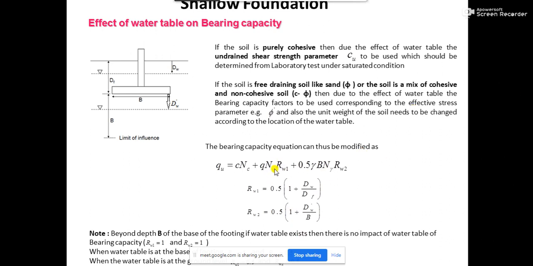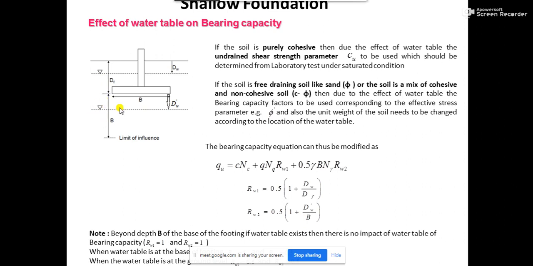But if the water table is beyond the depth D, that means it hasn't reached this depth D, it is a little bit down the depth D,